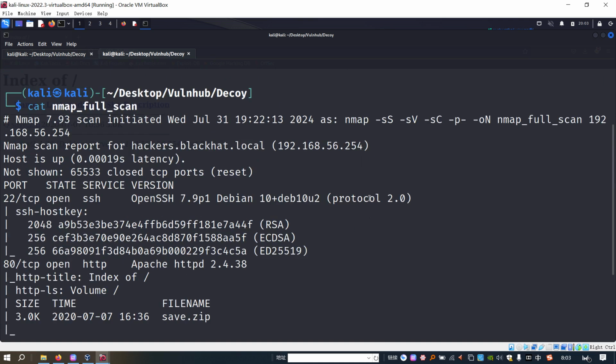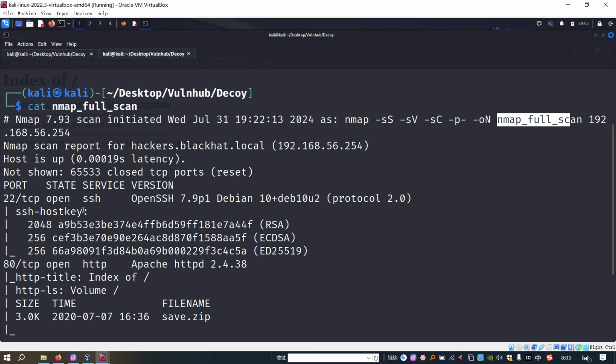So as you can see over here, I used options like SYN scan, version scan, the default script scan, followed by -p- to do the full range port scan. And the last option is -oN to output the result into this file. Although, as you can see over here, the IP address has been changed from the first time when I did the machine. Anyway, from the Nmap scanning, we can tell that the target has 2 open ports in total.